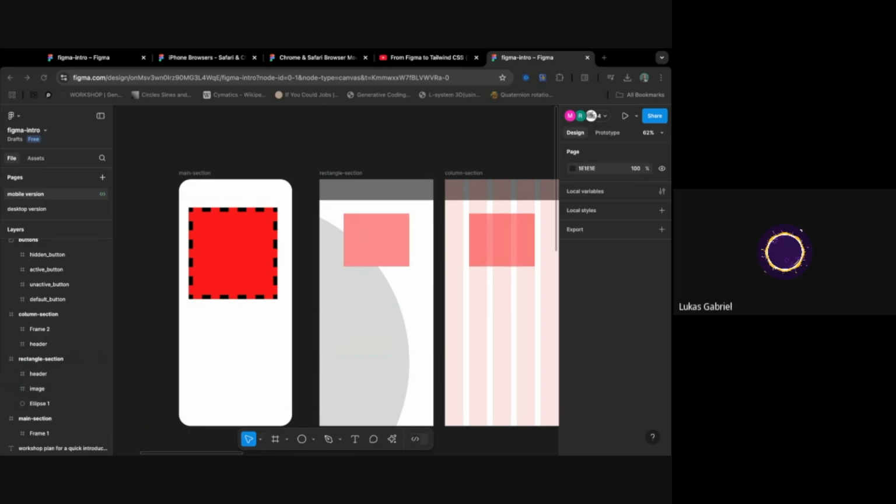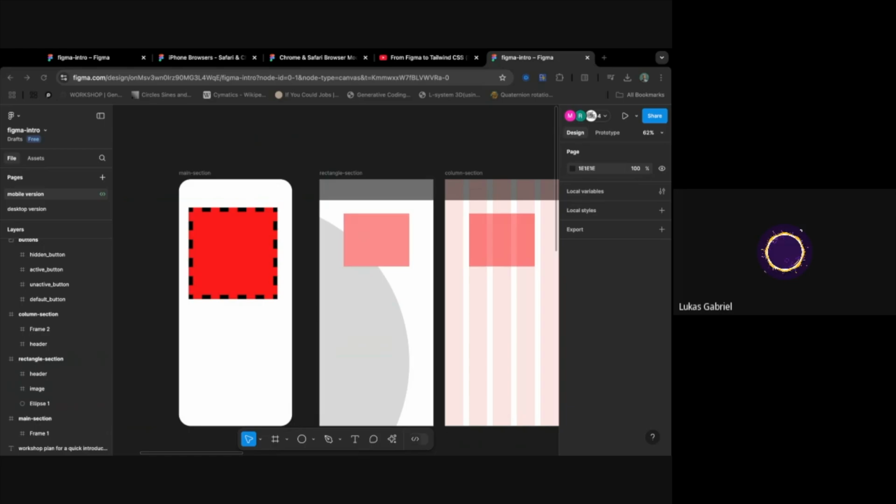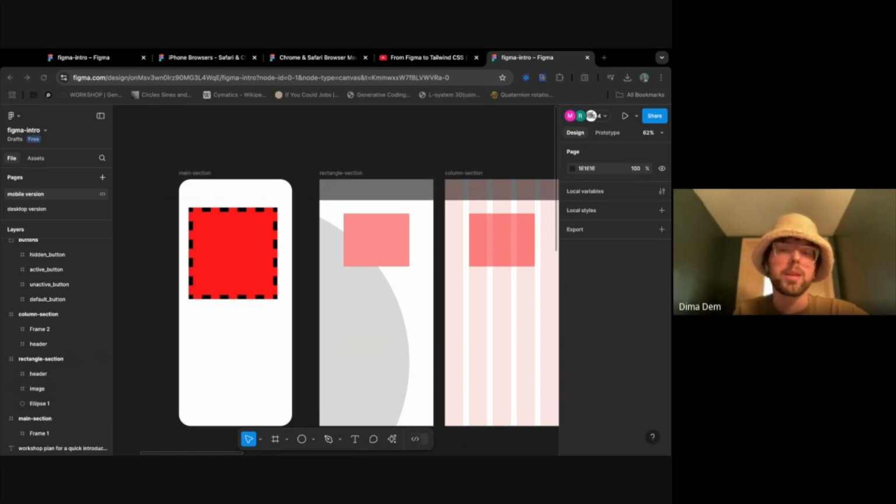Does it have any negative effects that the circle in this case goes over the screen size you defined? Yeah, it's not a problem. Most of the time, for example, just imagine when you scroll down, you have